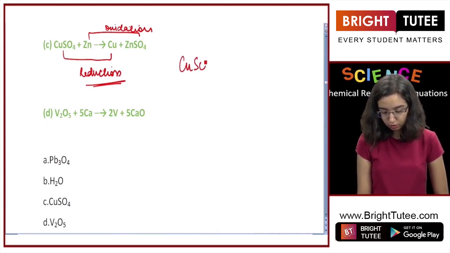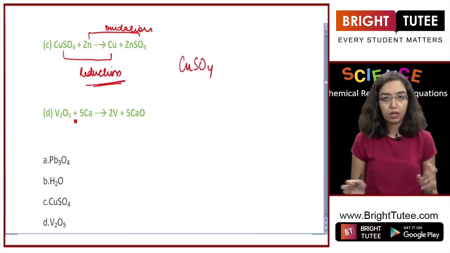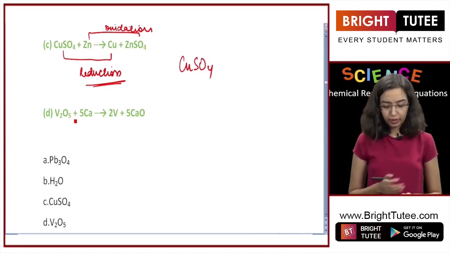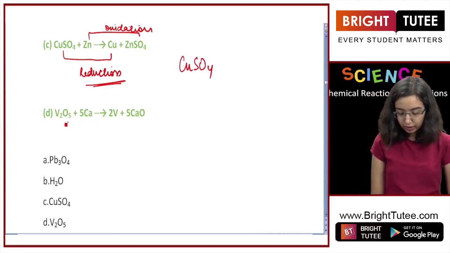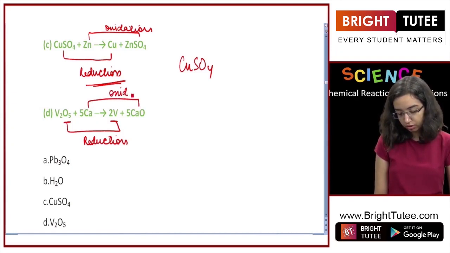So the answer is CuSO4. Now this is vanadium. You've not seen this metal in your common day-to-day equations, but that's alright. You don't need to go to the depth of the compound. So you see here that it has oxygen and now it does not. Simple as that, and this is enough to know that this is reduction. This is oxidation